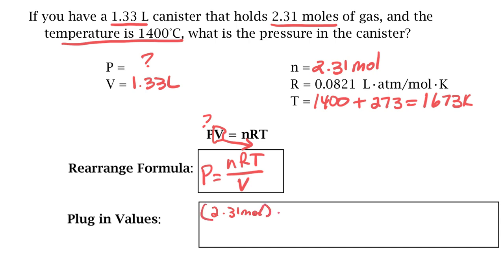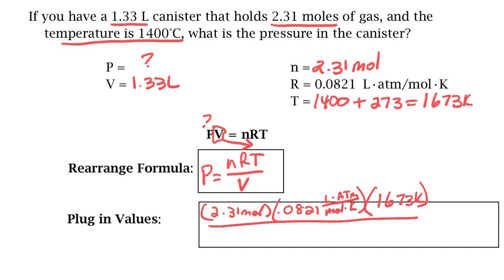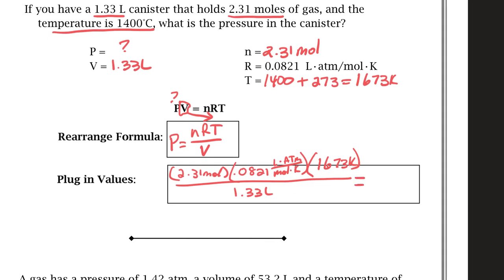R is 0.0821 liters, atmospheres, per mole, K. My temperature was 1673 K, and that's going to be all over the top of my volume, which was 1.33 liters. Put that in the calculator and you're going to get